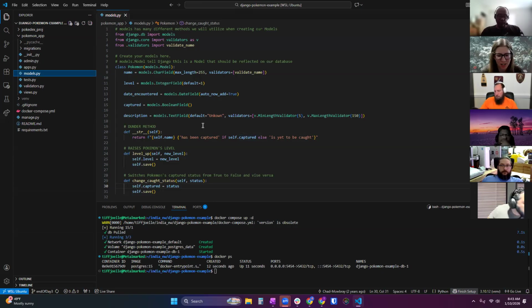However, if you did the -v and it destroyed everything when you brought that container down, then what do we need to do to make sure that this model that we've defined, this database table, exists in our Postgres database? Does anybody remember how I... Is it the migrate and make migration? Exactly, yes. I don't remember which order.